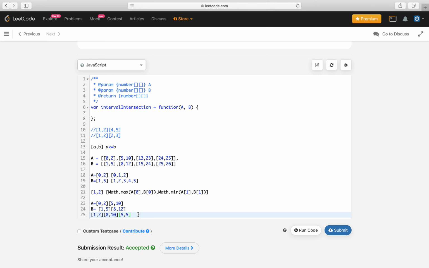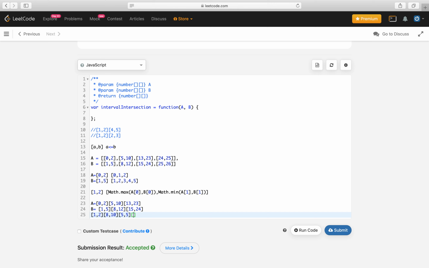So we are pretty close. Let's try with the third pair. We will go here, and now we will see between 15 and 24. Okay, so we already know the answer of these two pairs of A and B. Now we need to think of 10 and 12. Which one is smaller? 10. So we will move to 10 for one pair, and we will check 13 and 23 with 8 and 12.